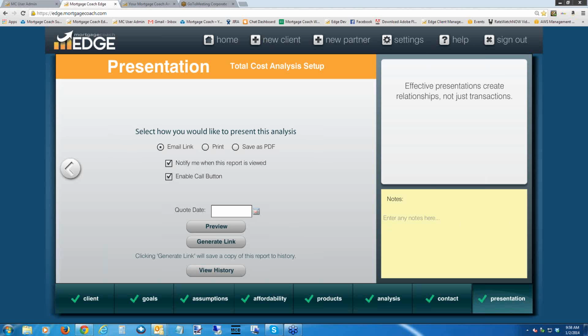Steve's question: when the link takes the borrower back to the Mortgage Coach home site rather than the presentation, or it says presentation cannot be found, is this a common error? So what that is, Steve, could be happening for one of two reasons. One, if the actual file was deleted inside Edge, the link would no longer be valid. Two, if the link is missing a character or something when you paste it into the email. For instance, if I take and generate this link right here,